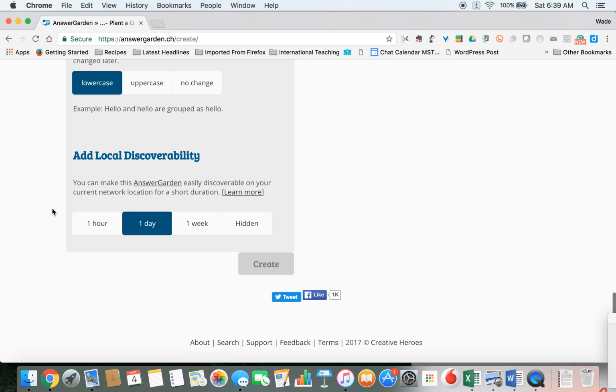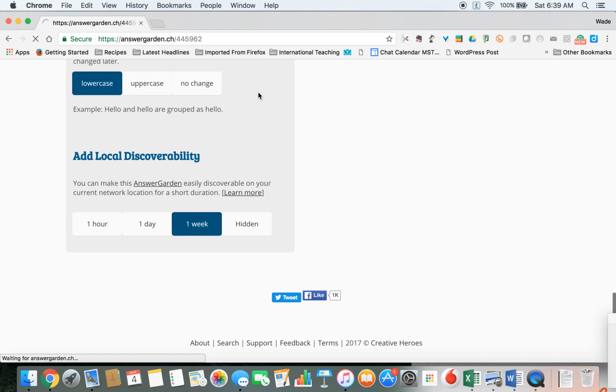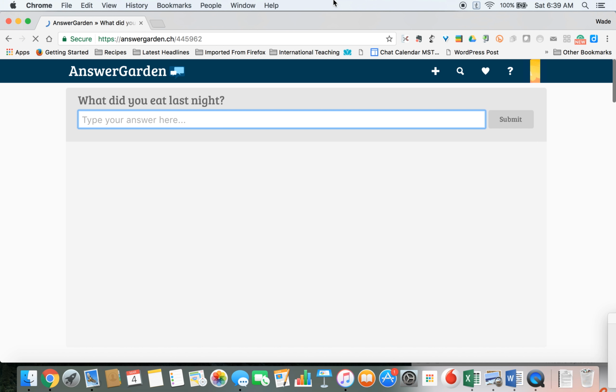Then when you get to the very bottom, it tells you how long would you like this to go. If you want this to only be available for one day, you click a day. I normally, if I'm gonna make one of these and use it sometime during next week, I will make this available for a week. But you can see from this page, it's very easy to make, it doesn't take long. So once you've made all of these choices, you hit create,